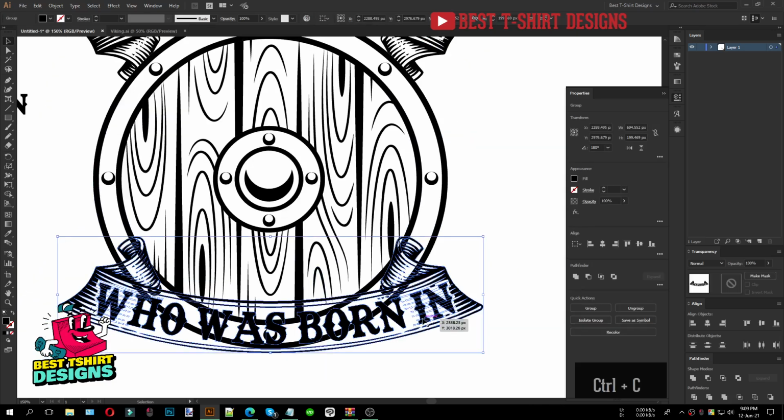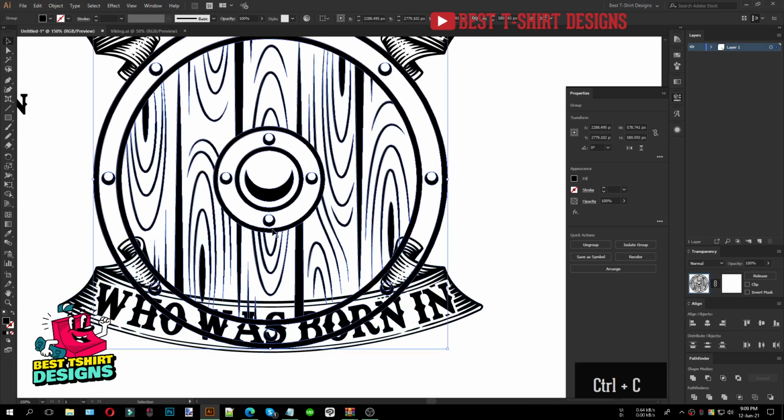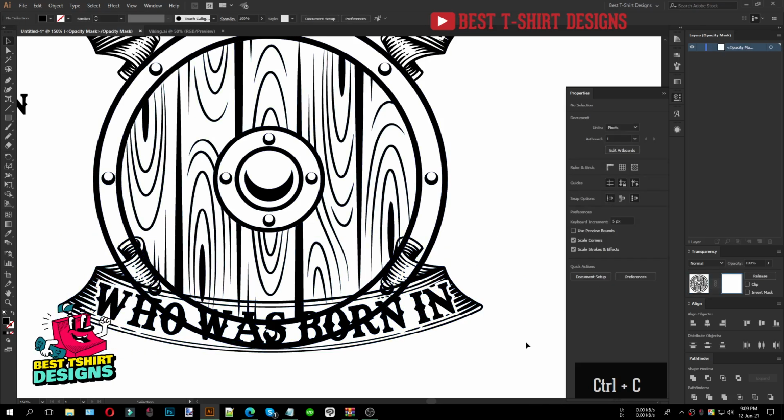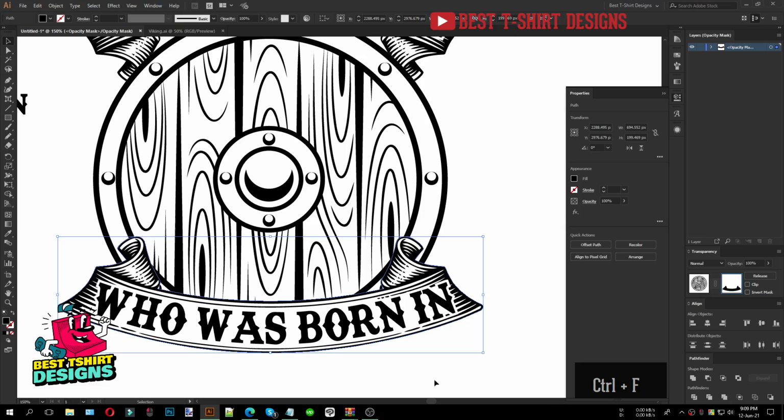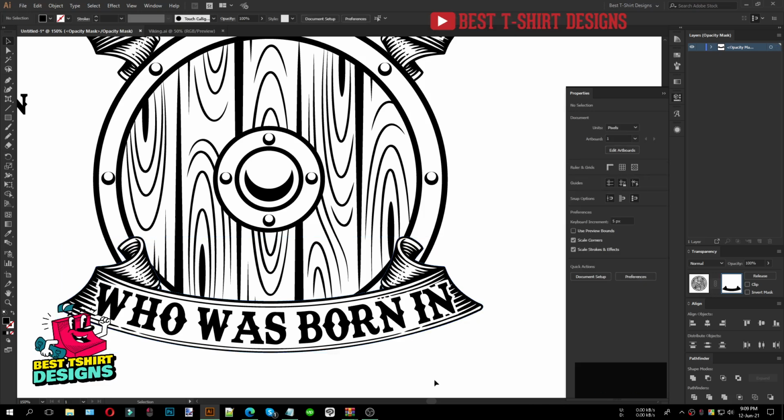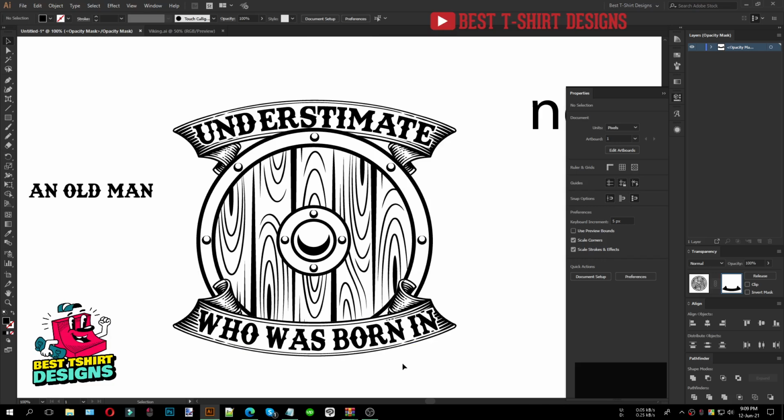If I select this one, copy, and then select this shield, inside the Transparency, press Ctrl F, that is fine. Now press Merge Unite, that will make it look like this. Now as I said I want to keep that part in the background. How to do that? Okay, I think that is not necessary, it is already looking very good. Okay, let's not do that.